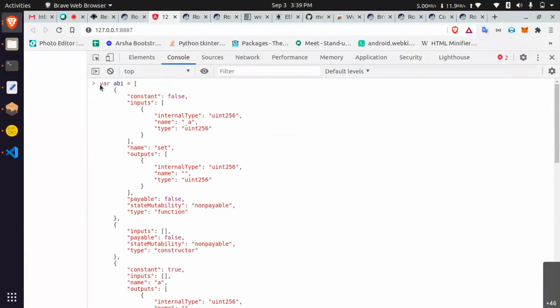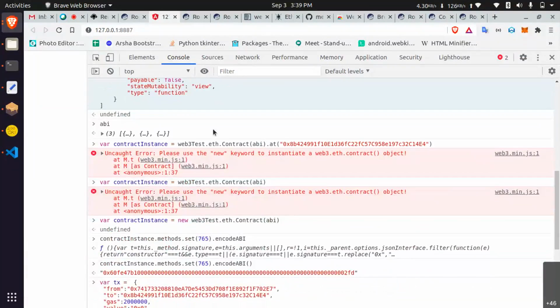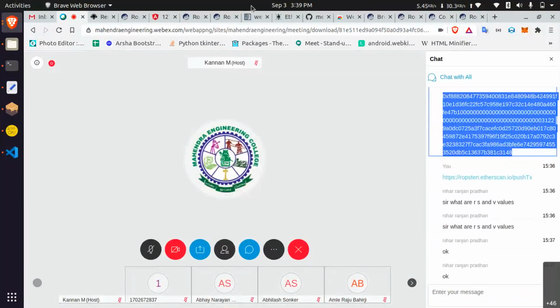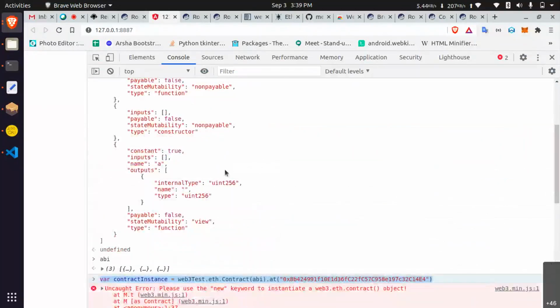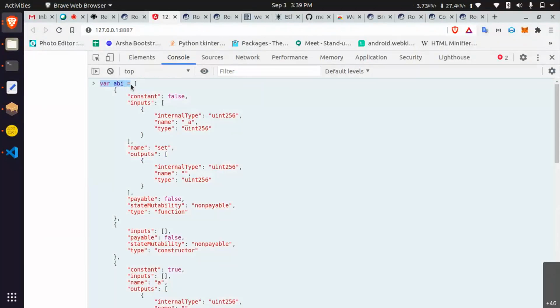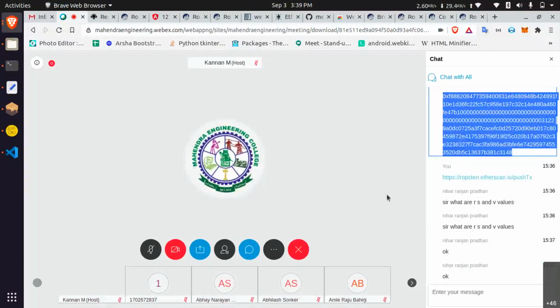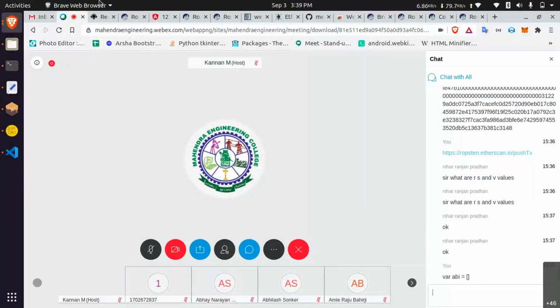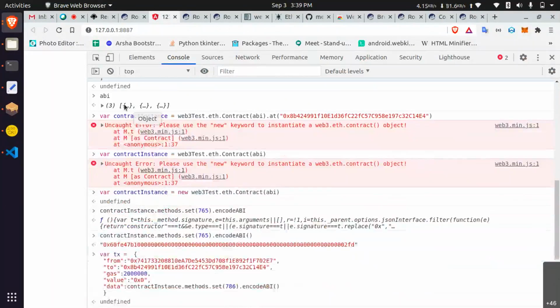For this step, you have to copy paste this ABI from Remix, then your contract, and then define the contract instance here.